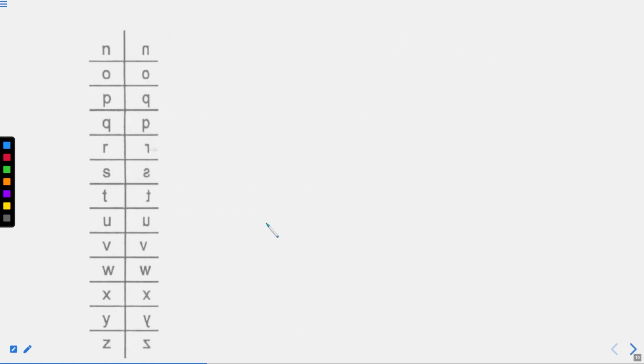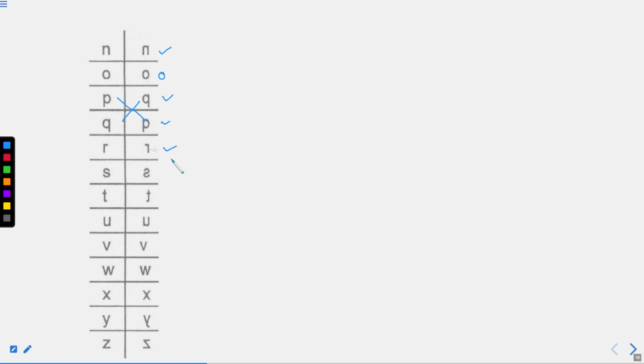Now we'll look for the rest 13. For N it is not similar. For O it is similar. For P it will appear as a Q again. For Q it will appear as a P. They are reciprocal to each other, so we can mark this thing. They are reciprocal. This will also help you to understand or deal with different questions.